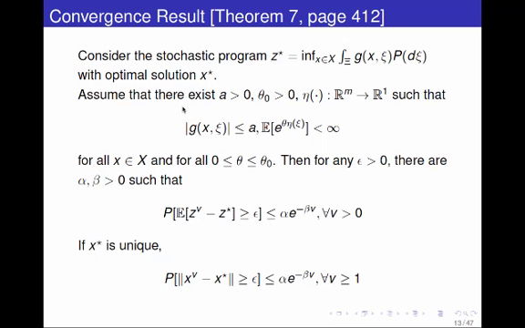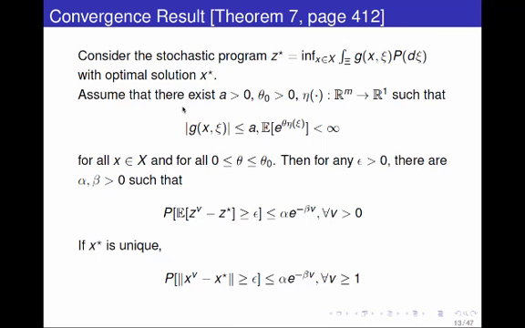See, this is what we've seen already so far in the course. It's just more generally stated for nonlinear programs instead of linear programs. What the theorem says is that if we can upper bound the cost for every scenario and for every first stage decision, and if the moment generating function is also bounded, then we have a guarantee that